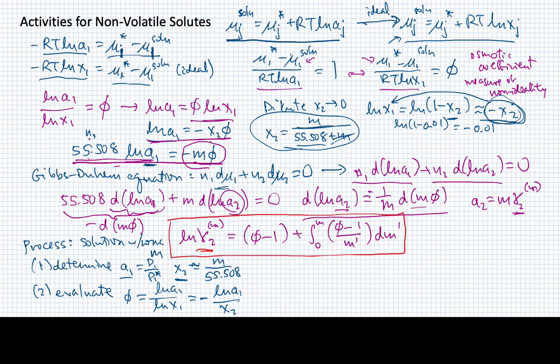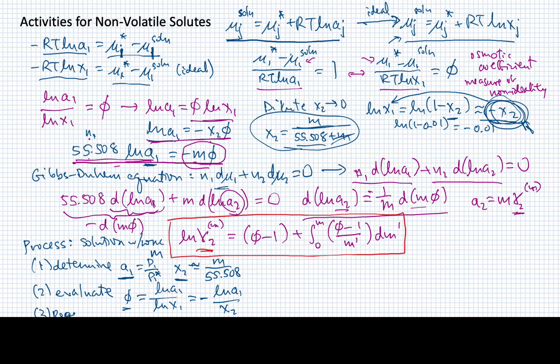It's equal to negative A X2 over here. All right, so we've evaluated the activity of the solvent, we've evaluated the osmotic coefficient. So we have essentially what we need in this formula to get the activity coefficient for the solute, but we're going to need to measure this